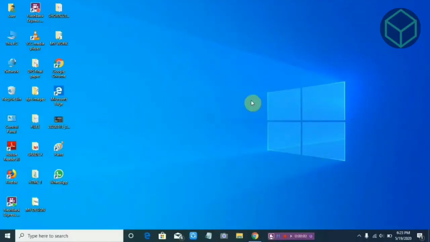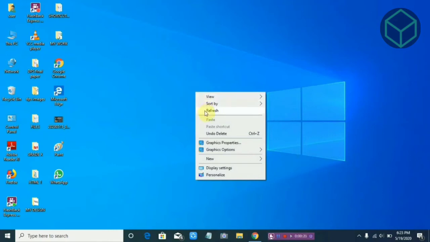Now I'll show you how to change the desktop wallpaper. So what is wallpaper? Wallpaper is the background image or picture which appears behind all the objects. To change the background, we will right click first and there we will get an option of personalize.